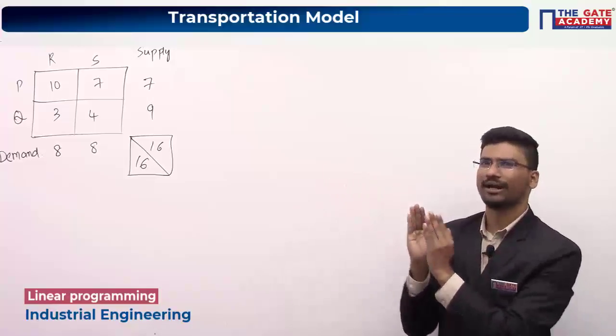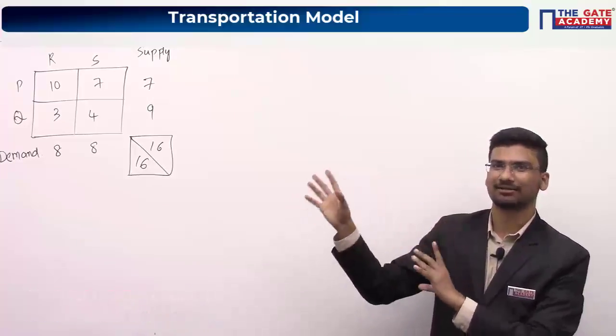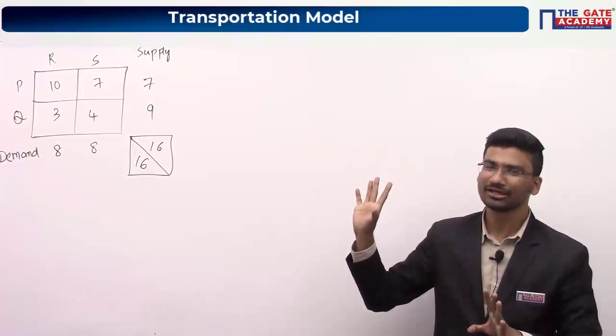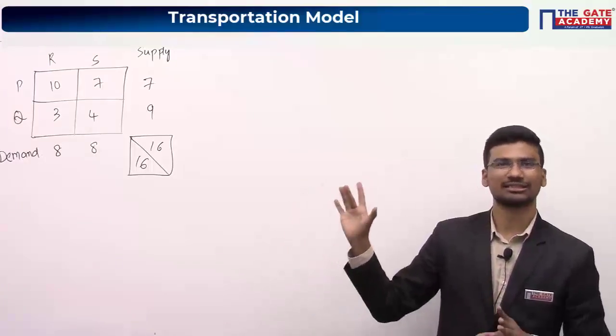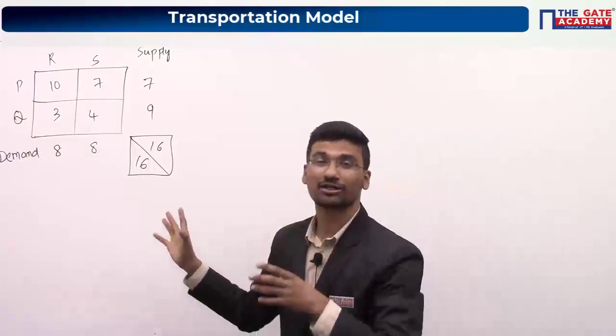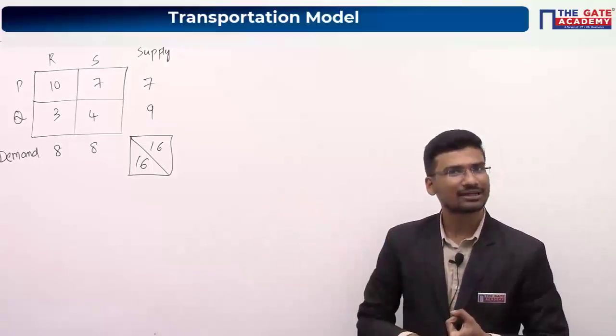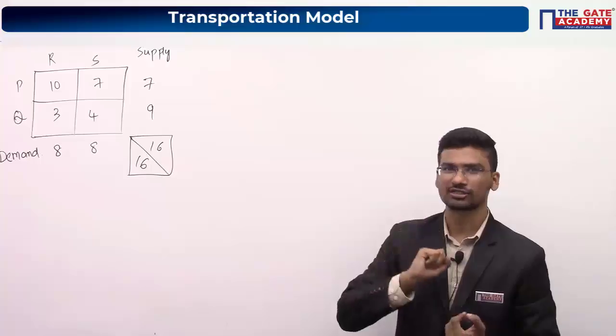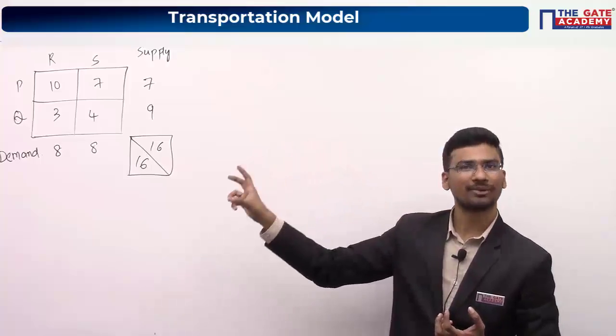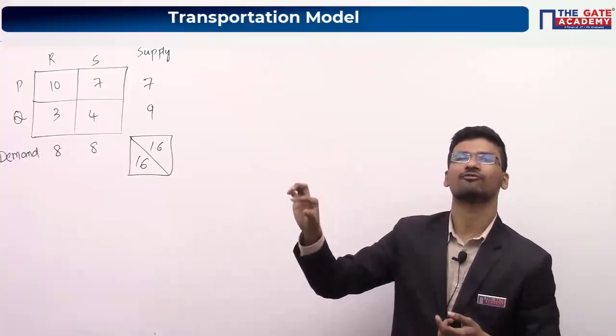See, it is a 2 by 2 matrix, so it is a little bit simpler when compared to the previous problem. Still, they are asking these types of questions in the GATE examination. So there is no shortcut. Definitely you have to use the MODI algorithm for this. Use the NW method, find the X value, that is your total cost value, and use the MODI algorithm and find the Y value.